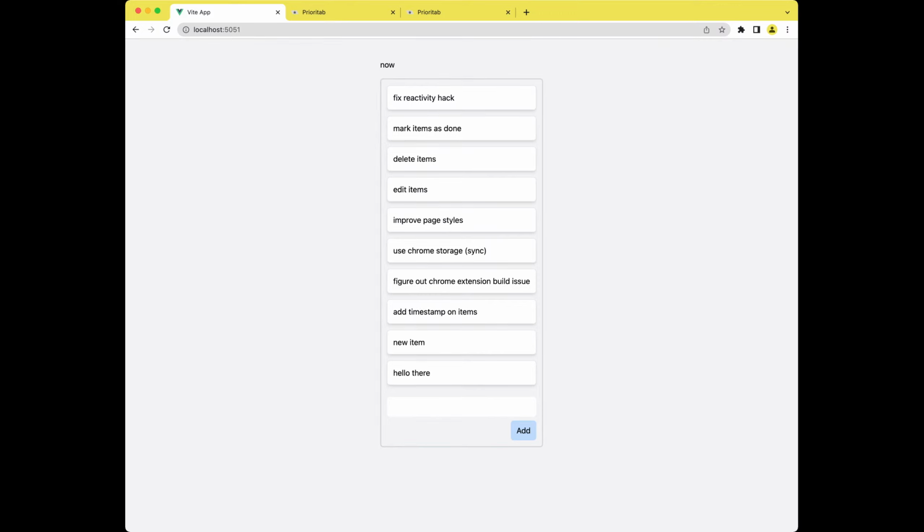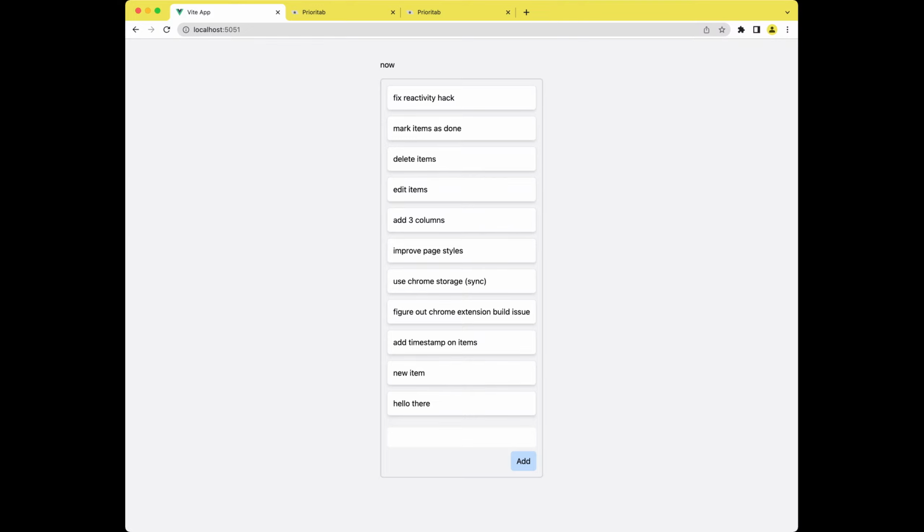And really, once I've done these things here, I'm ready to get it into Chrome. But I do want to add the other columns. So I'm just going to say add 3 columns and move that up here, I think, once I have the editing and the adding functionality done. Okay, so now I want to have a done